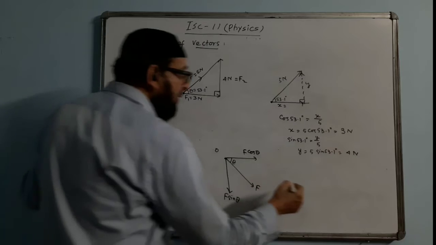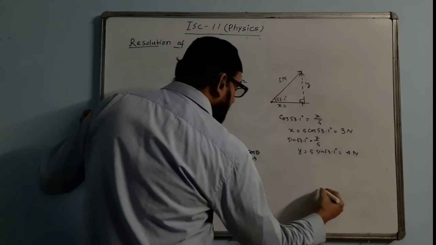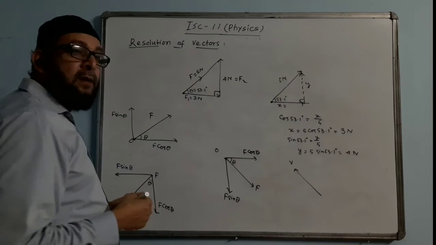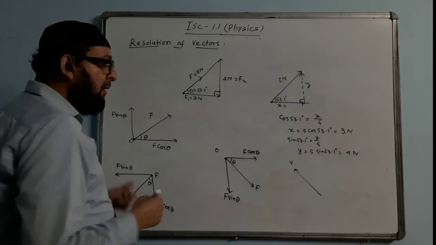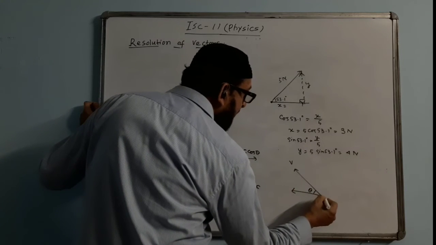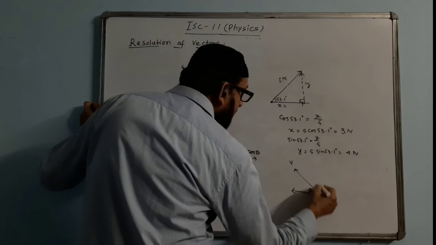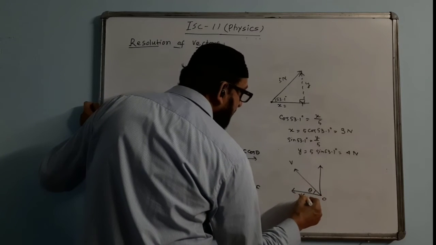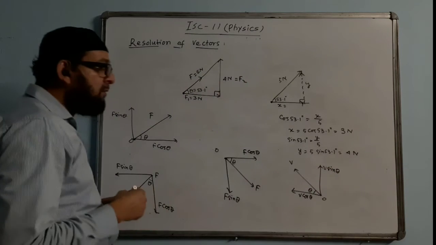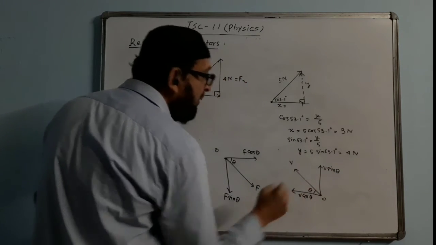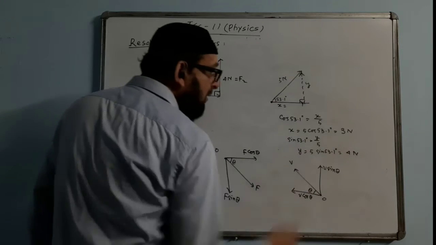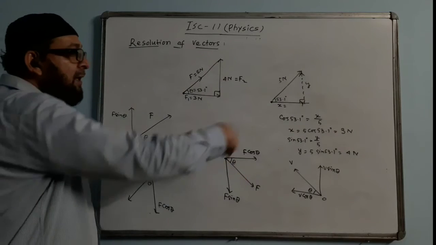Similarly, we have another vector, suppose V. It can be any vector: velocity vector, force vector, acceleration vector. This is V and this is making an angle theta over here. How to break? One component here, another component we will draw here. This will come V cos theta. This will come V sin theta. Whichever side makes the angle will come in cos form, because that side will behave as a base, and the other side will come in sin form. So V cos theta and V sin theta.